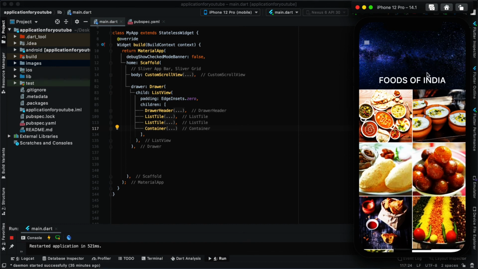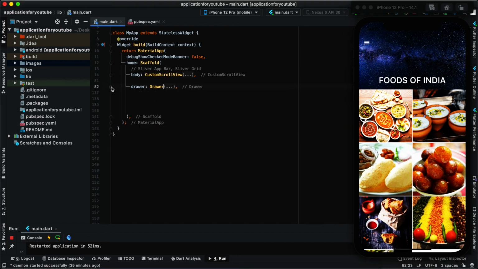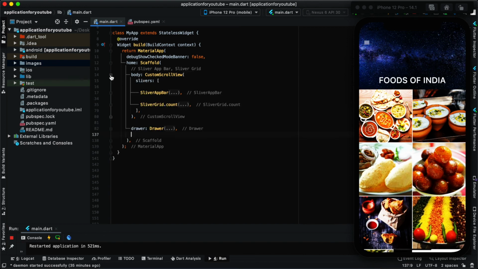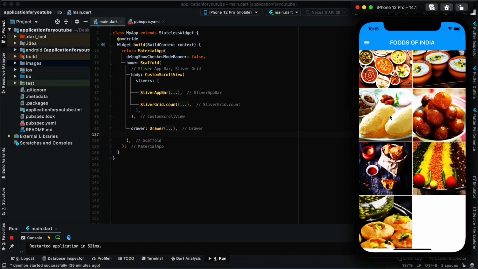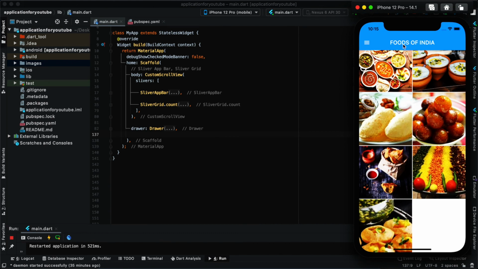This comes under your body. I'll explain it to you once. So the first thing is your body, which has a custom scroll view in which we have this sliver app bar. Then we have sliver grid count, and this is just happening because I pinned it to true.